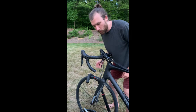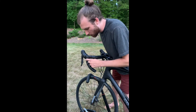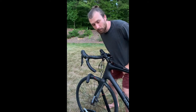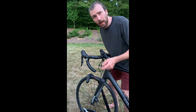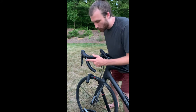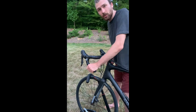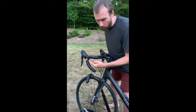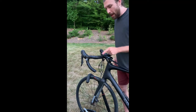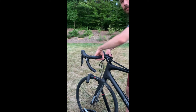Instead, I like to do a quick and dirty wrap so that I can find and mark where the tape last passes beneath the drops, so that I can unwrap and then, starting from the middle, wrap towards the outside going down so that my hands work to tighten the wrap going down the drops, and then wrap towards the back of the bike along the tops so that my hands work to tighten the wrap